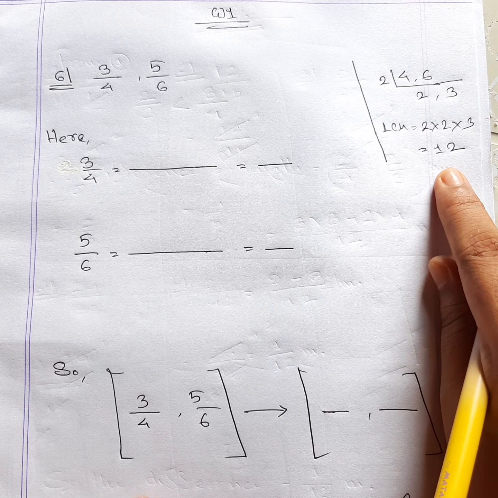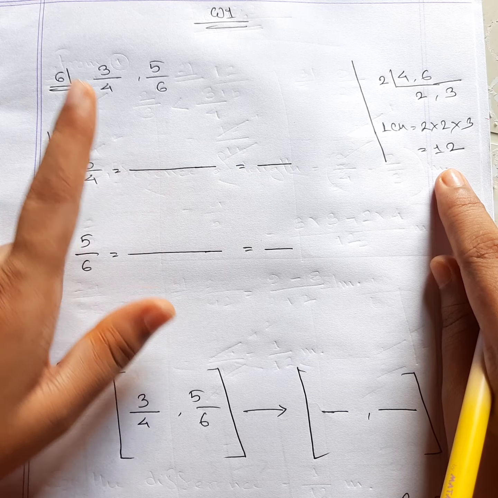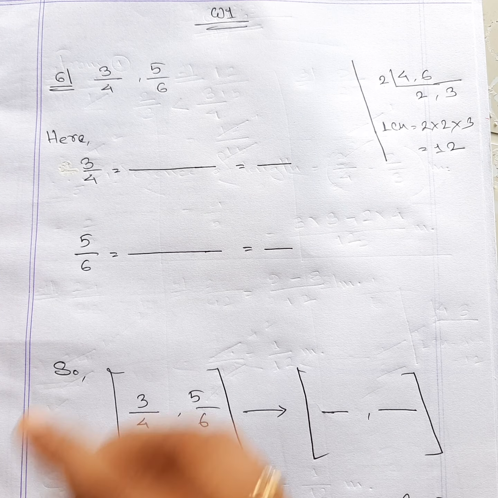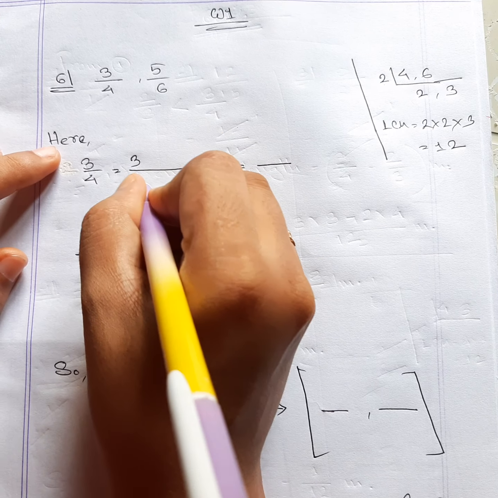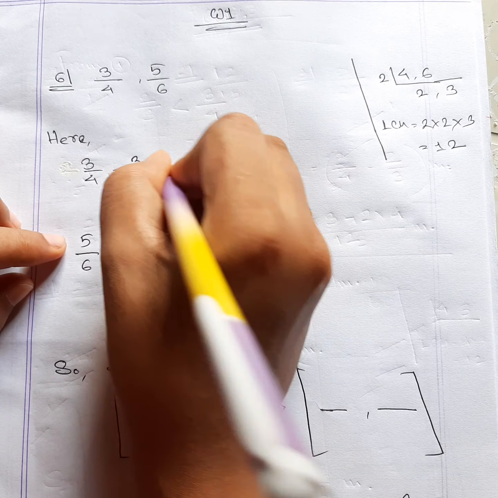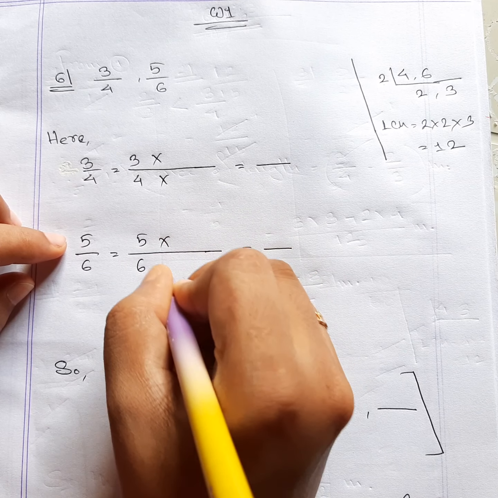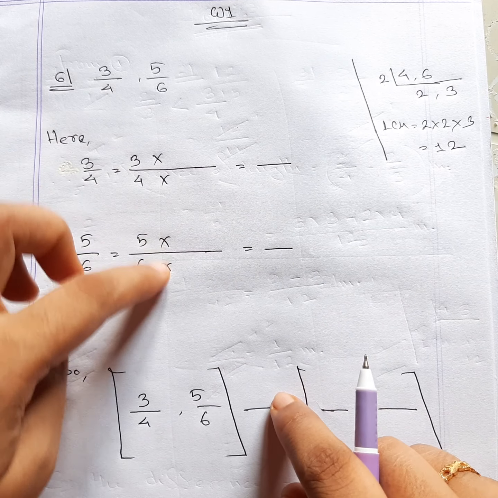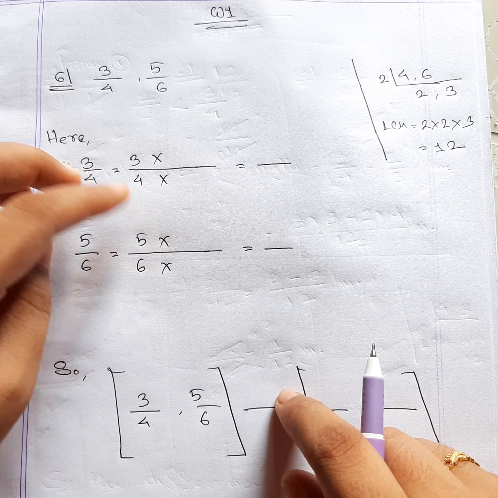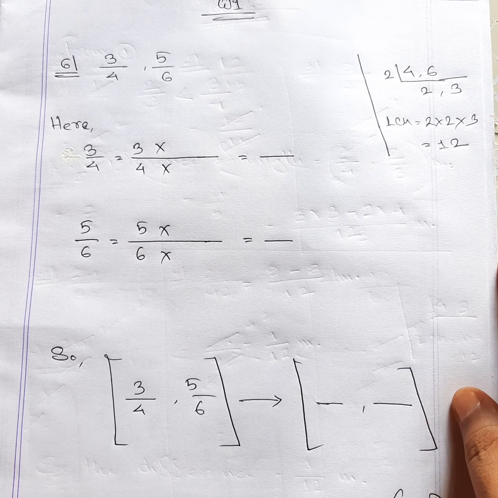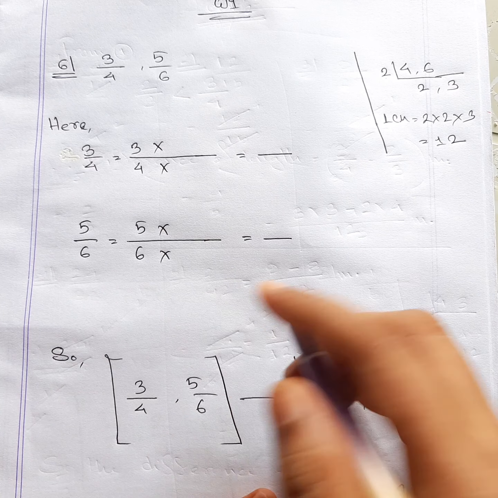You can see that our LCM is 12, and we are going to write down the fractions first, writing down the fraction as it is and giving the multiplication sign. You know, you can write it later also, but as you are small kids, I'm preferring you to write it down like this. Okay, it's totally your wish.